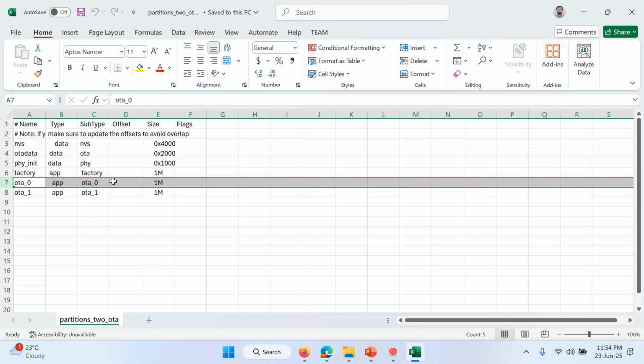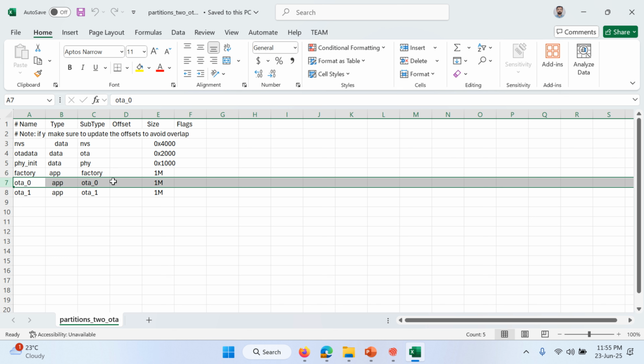So this feature is useful when your devices are in the field and a bug occurs. There will not be any issues with the device. The previous code will be there, which will be bug-free code, and that will run smoothly. If you can't roll back to the previous version, and your code gets stuck, then the only option is to send a serviceman to the customer's location, and you have to physically open the device